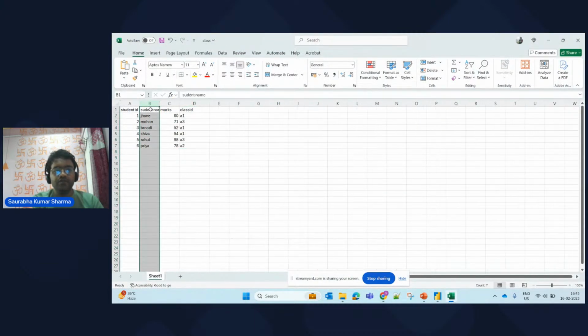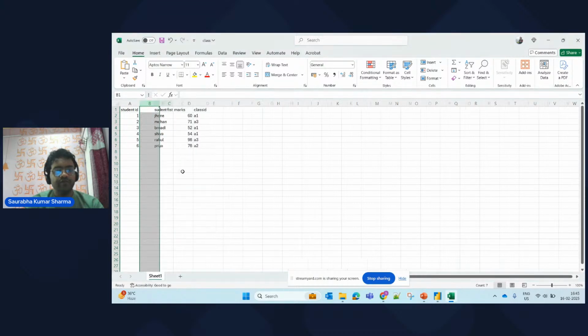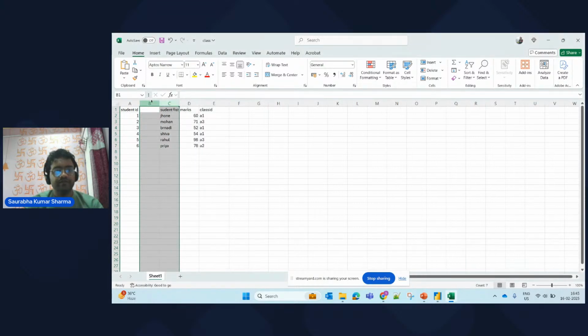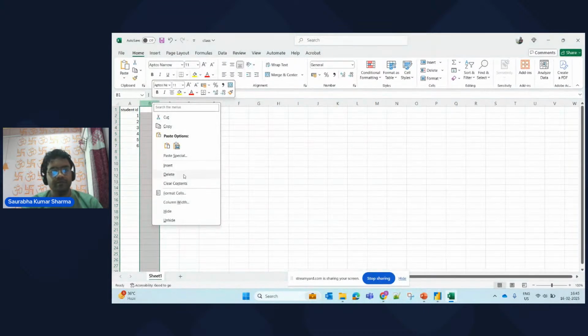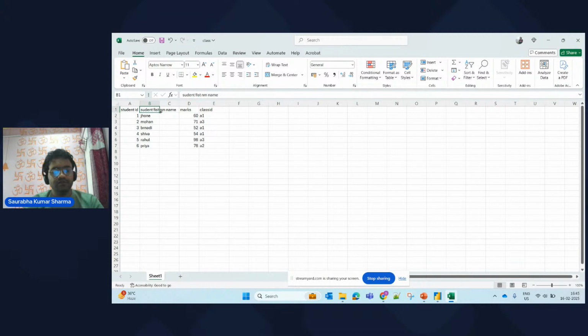Suppose this is student first name, and there is one more table which is student last name. By default, if you are getting the data, John, Mark, Mohan, Verma, Andy,